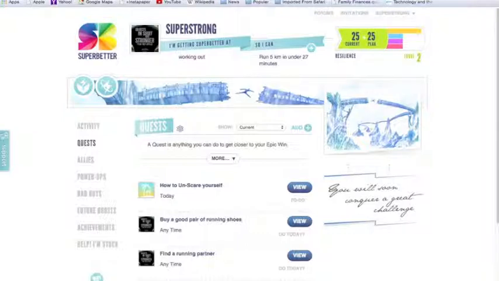and relate them back to your goals, how you would set your epic win and relate that back to your overall objective and your ultimate goal, how you would set power-ups and bad guys, and to be able to customize it and set your superhero persona. I'm just going to take you through a quick example of what that might look like. As a student, I've set my superhero persona here as super strong because that's what I'm focused on. I'm trying to get super better at working out, and my overall goal is to be able to run the 5K in under 27 minutes.